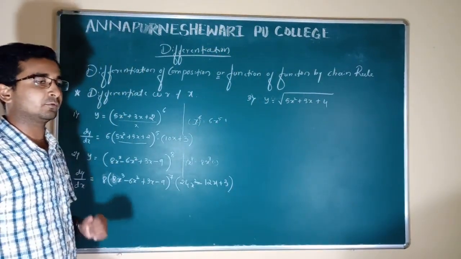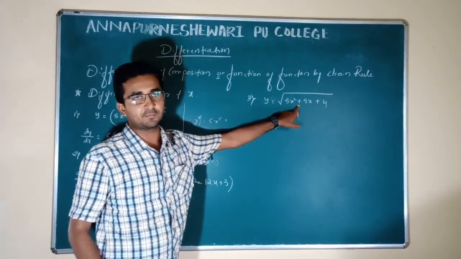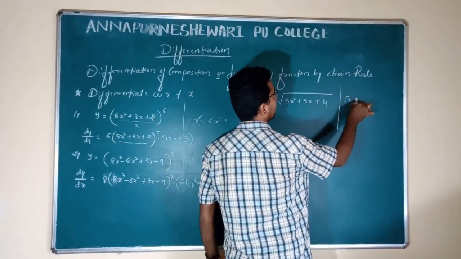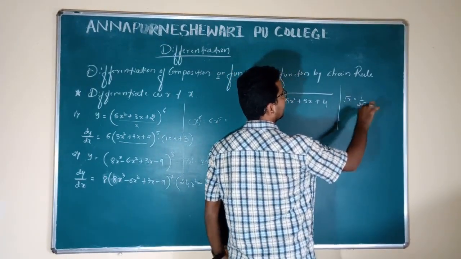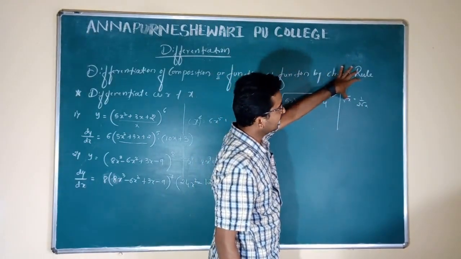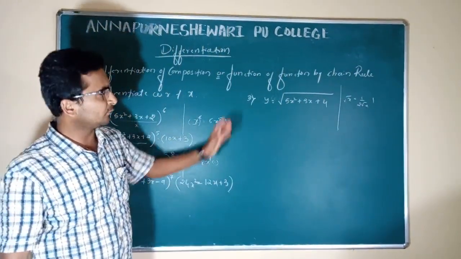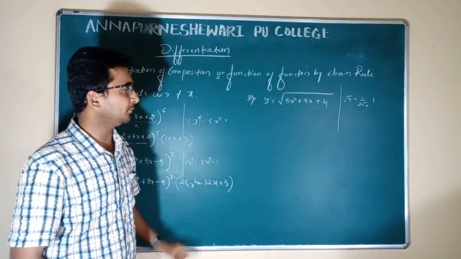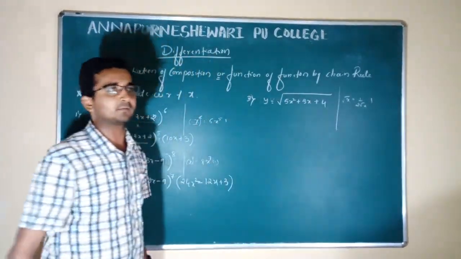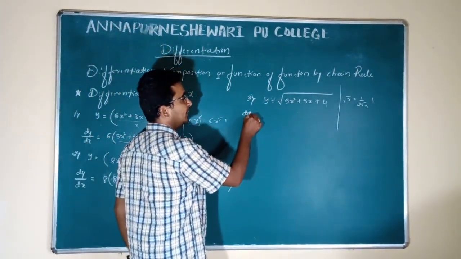So first what we have to do, we have to differentiate the order, then the main function. Getting? So here again I can take this one as root x. Root x differentiation is 1 divided by 2 root of x. First I have applied the formula for the root, then the differentiation of x is 1. Getting? So we will solve some types of examples, don't worry. We will solve a few more examples to understand this type of examples by using the chain rule.